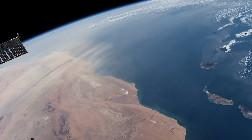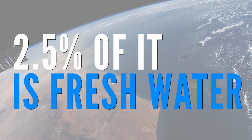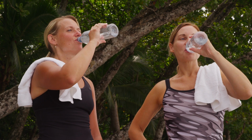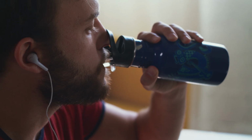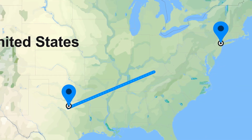While our Earth's surface is covered in water, only 2.5% of that is fresh water. If all the world's water were in a bathtub, only about a teaspoon would be accessible drinking water. 330 million Americans consume roughly 30 billion gallons of fresh water in a day. That's enough to fill 50,000 Olympic swimming pools, and it would span all the way from Dallas, Texas to New